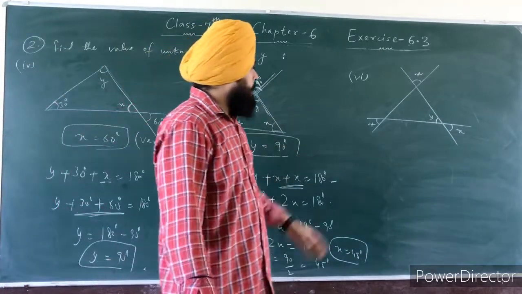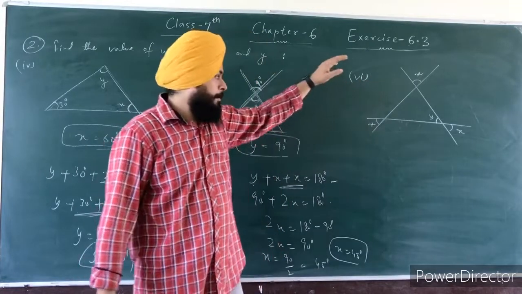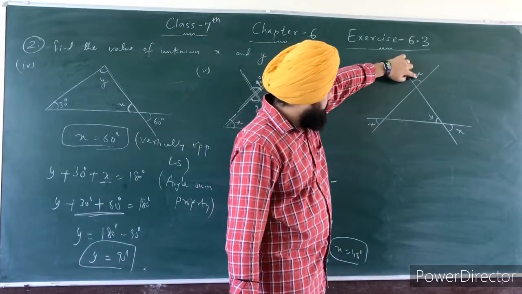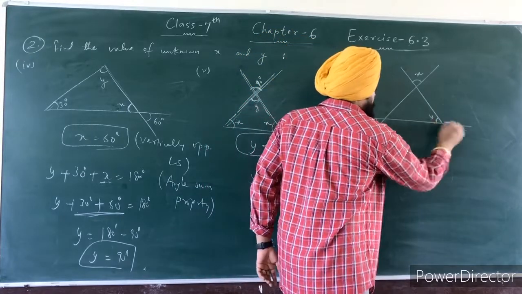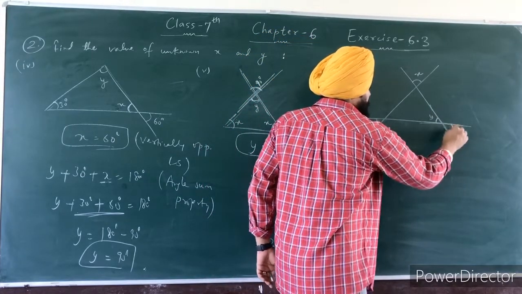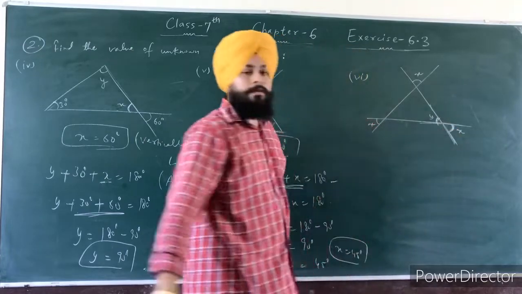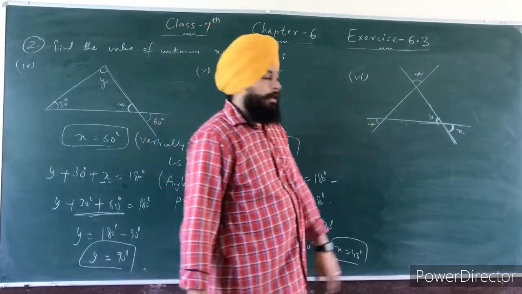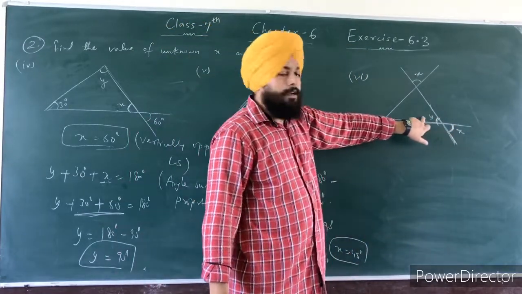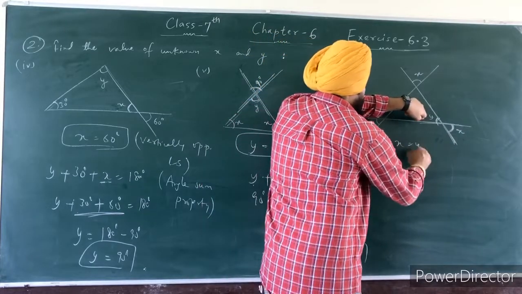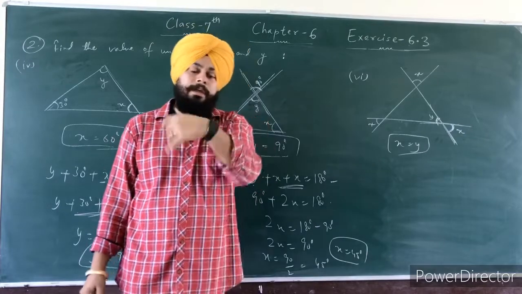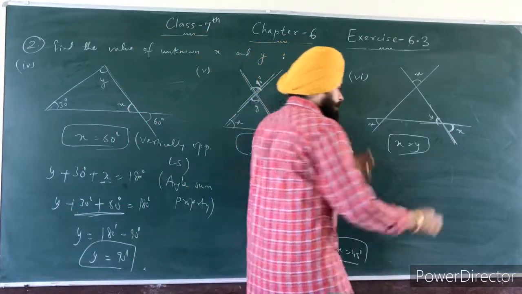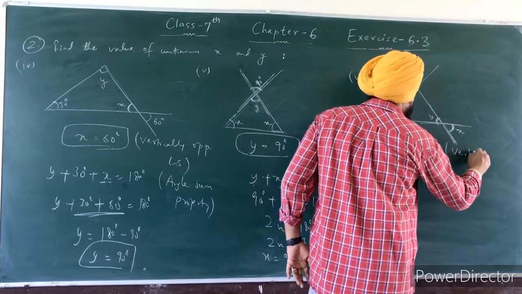Next, last sixth part of question number second. So you can see here this is angle x and y. So first you can see here these are intersecting lines and these are two pairs of vertically opposite angle. It means this is angle x and this is angle y. It means x is equal to y. मतलब जितनी वैल्यू मतलब जितना ही मेजर x एंगल का होगा उतना ही y का होगा. Alright, so you can write there vertically